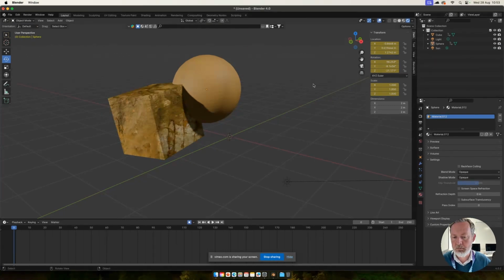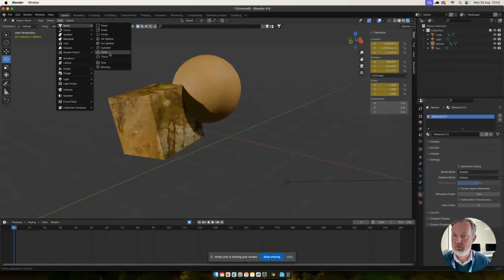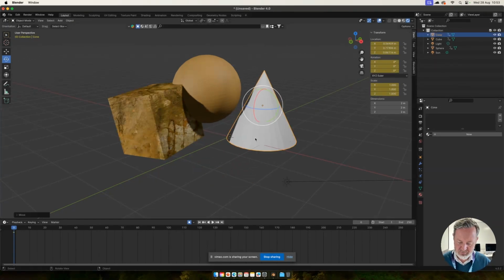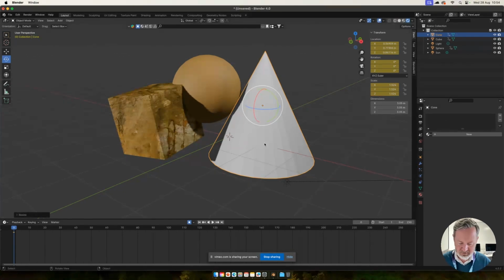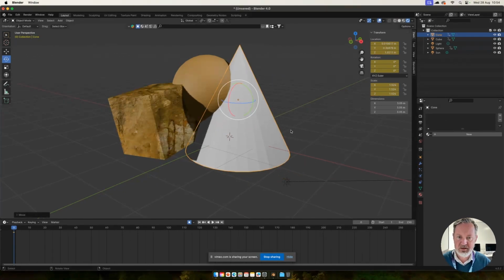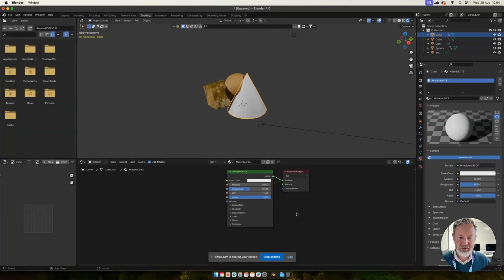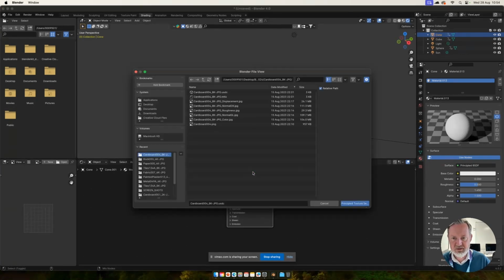So let's add one more object. So add mesh, this time we'll go with a cone. Press G just to move that cone there, press S to scale. No, you don't necessarily have to do that, I'm just placing it in a slightly different way. That's fine. So again, making sure I'm on material options there, and then new, and then straight to shading once again, and then clicking off, and then clicking on principled BSDF, and then one last time Control Shift T, and